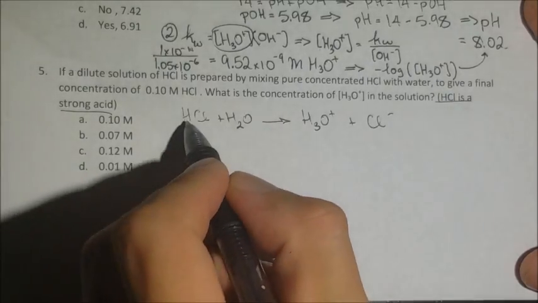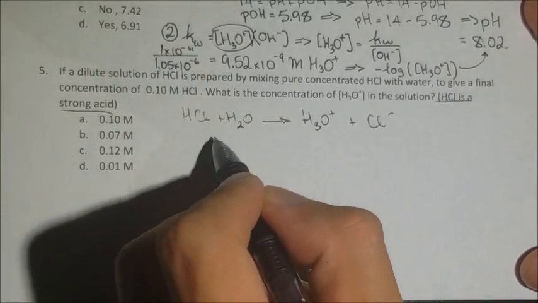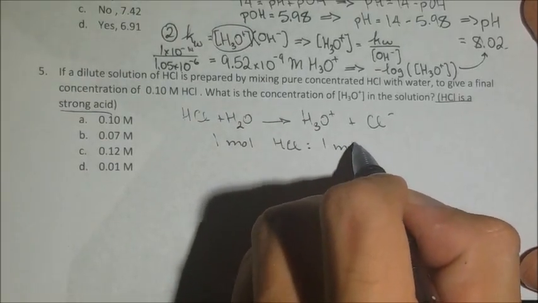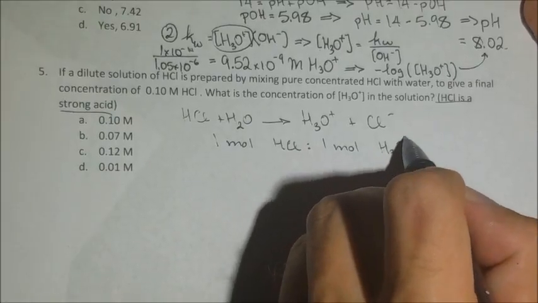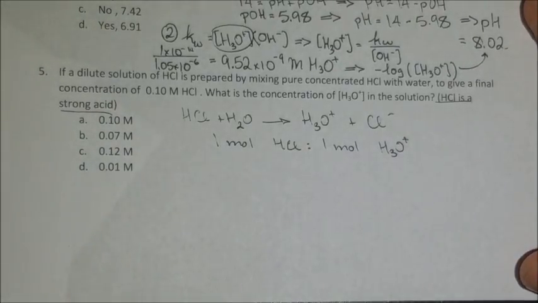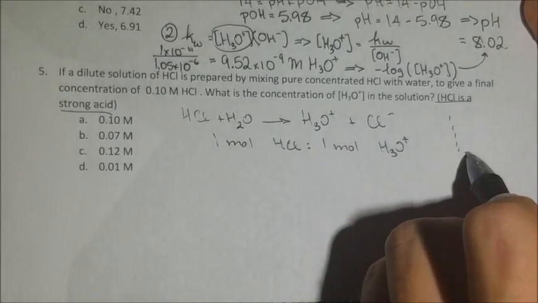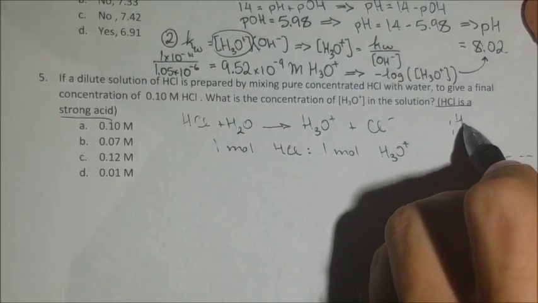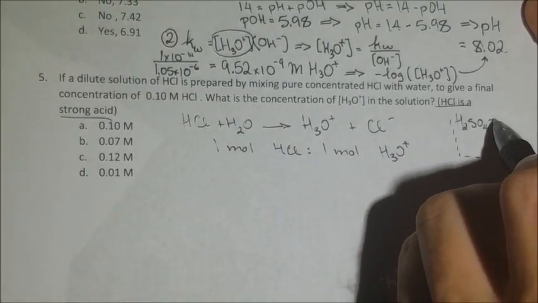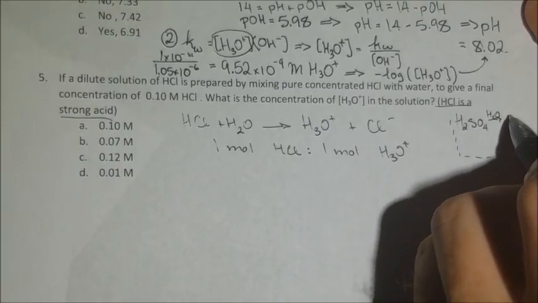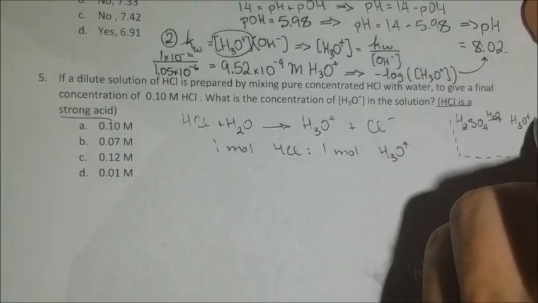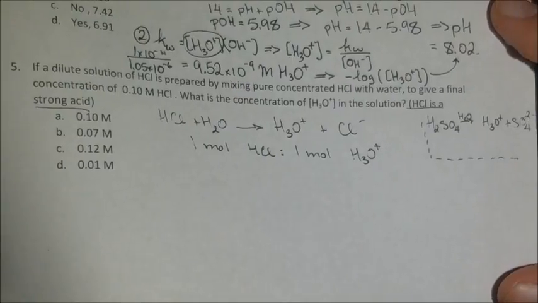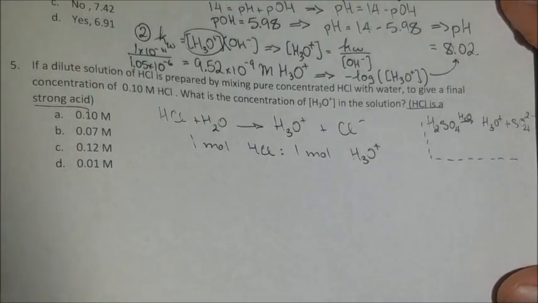So what you will see here is a 1-to-1 mole ratio of HCl to hydronium. So for every 1 mole of HCl, there is 1 mole of H3O+. So 1 mole of H3O+ is made. Let me make a little side note here that this is not always 1-to-1. So if you have something like H2SO4 in water, making H3O+ and sulfate. Okay, let me make sure that's all in the picture here. So you're making hydronium